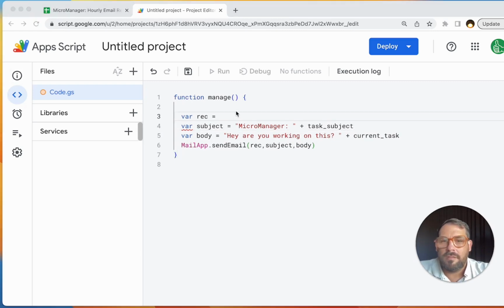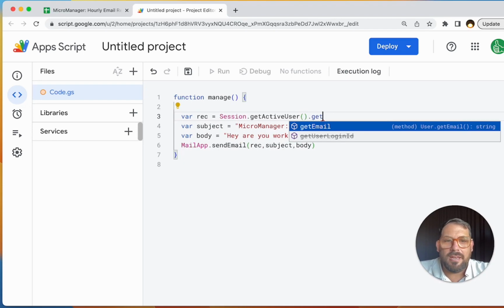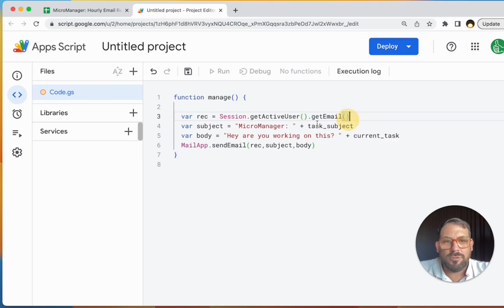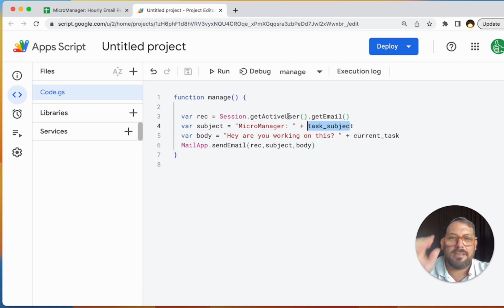One second. So I think we can get our own email, so we don't have to type in our email here. I think we're going to use session.getActiveUser.getEmail. And what this will do, and we can also log it if you really want to see it, but this will just get whoever is the user of the trigger. That should work. We'll save this right now, and we still need to get the task subject, but we also